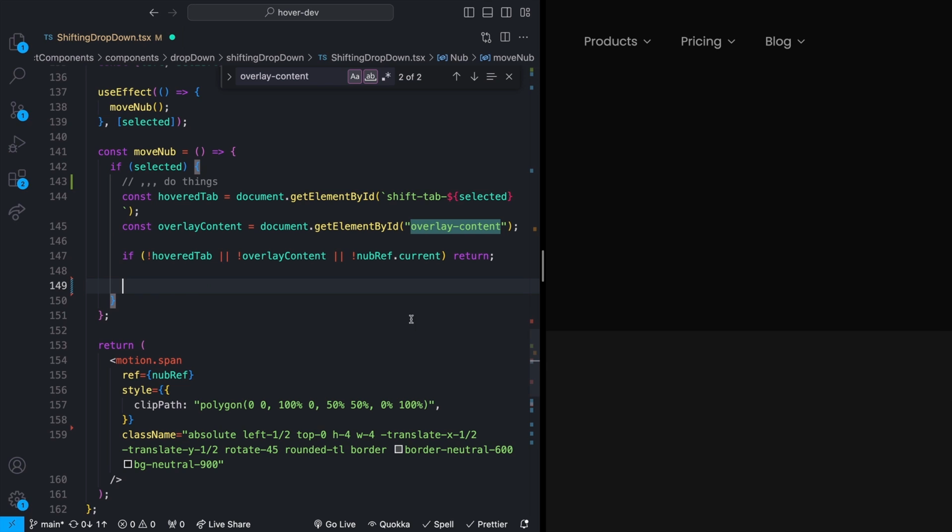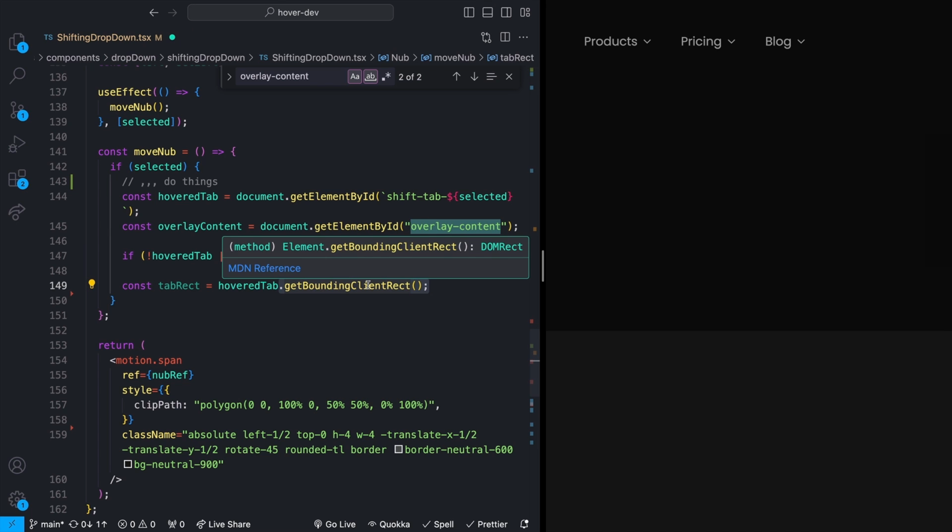So what we need to do is get the bounding rectangles around each of these elements. We need to get the bounding rectangle both around whatever our hovered tab is, so that would be the rectangle that goes around this pill looking thing right here, or this one right here. And then we also need to get the bounding rectangle around our wrapping content right here. I'll start by getting the bounding client rect for my tab. I'll call it tabRect, and that is equal to hoveredTab.getBoundingClientRect. This is going to return a bunch of different information about the top and left and the position of the element on the page, essentially.